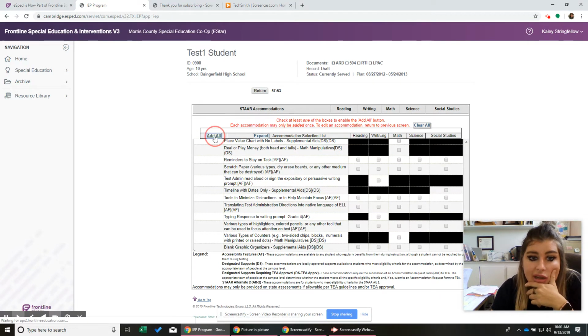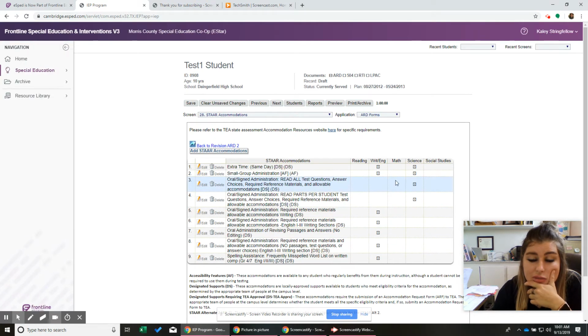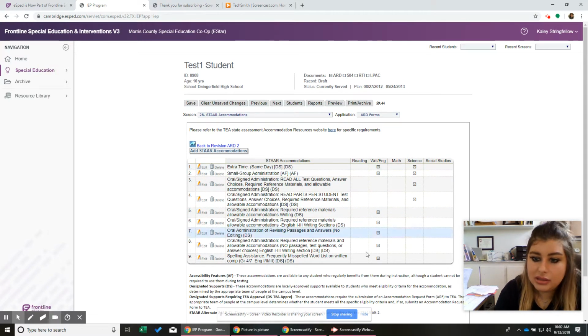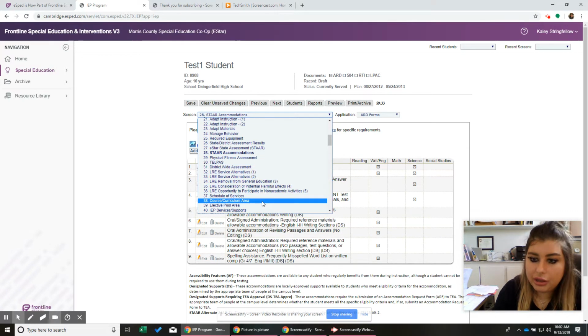So we're going to add everything that we checked, and we're going to return, and this is what it should look like. They're writing, and there's biology, okay? So there may be more, and then you can kind of just read. And if there's anything here, delete it, because we're doing it on this. We're not doing it in here anymore, because this is approved by TEA. We want it to look clean. We want it to be legal, so we're using that. Okay, so you can skip all this, and we're going to go here.